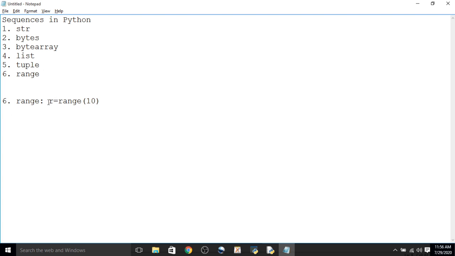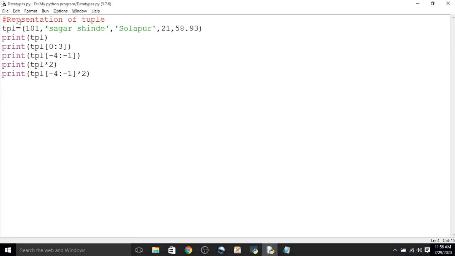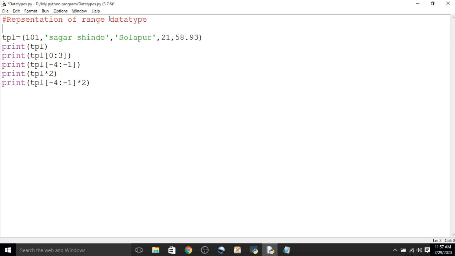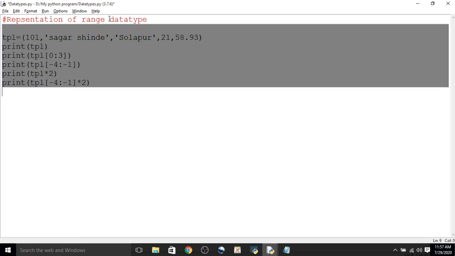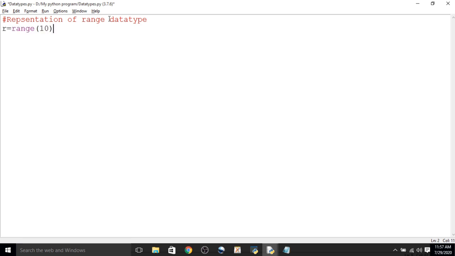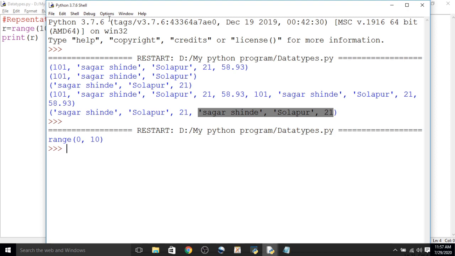Suppose we have created a range object. Now see the example representation of a range data type. Here we have taken one range object, r equal to range of 10. If you print r, you get range of 0 to 10.